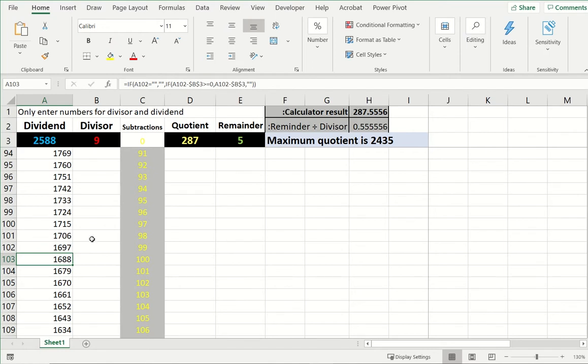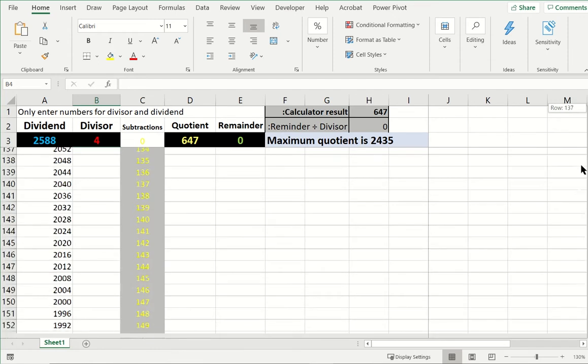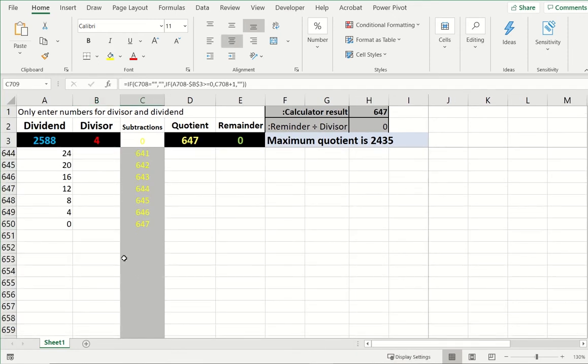Now let me change this divisor to 4, and you can see we've got a remainder of 0. So 4 is obviously a factor of 2588, and the quotient for that is 647. And if we scroll down to the end there, you can see we go 840. So that's the first number we came across that's less than 4. Of course, we can do bigger numbers like